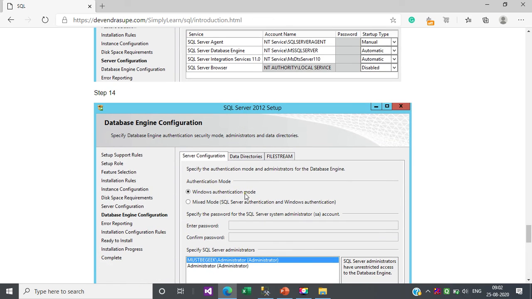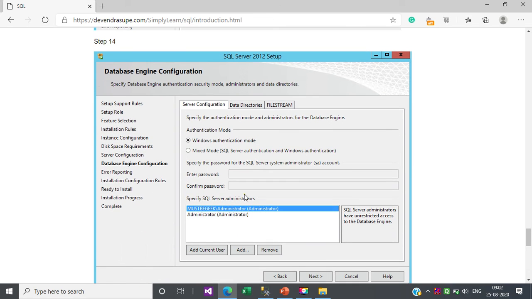Okay, and another important screen, I will say, is the database engine configuration. When you come to this screen, you can choose the authentication mode, that is Windows authentication mode or mixed mode authentication.